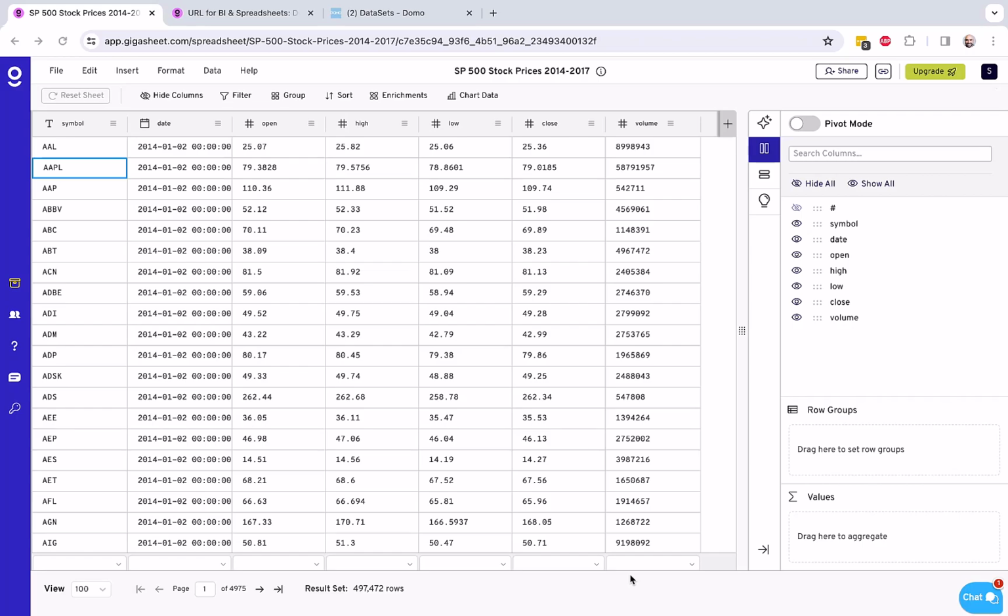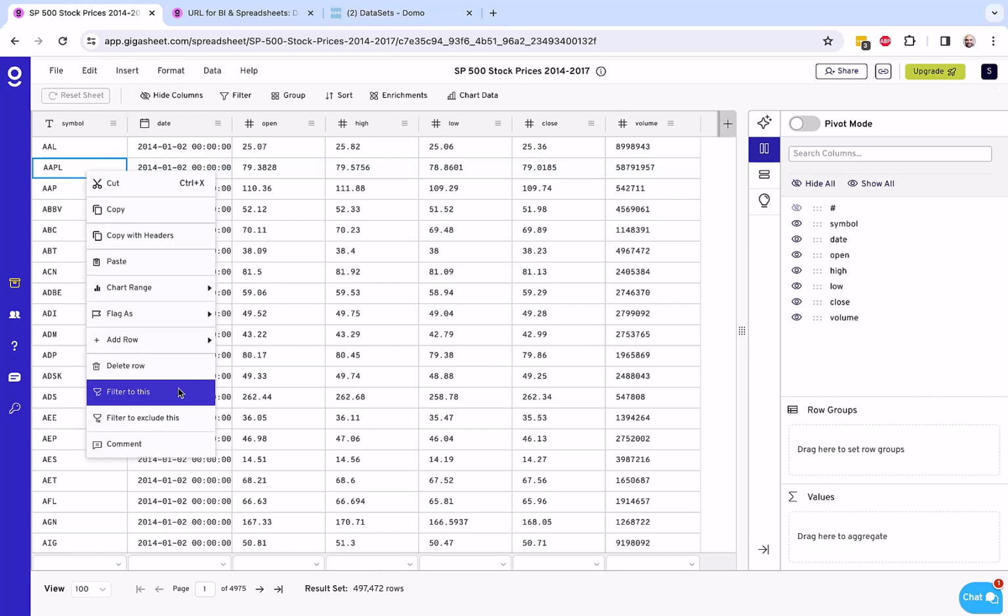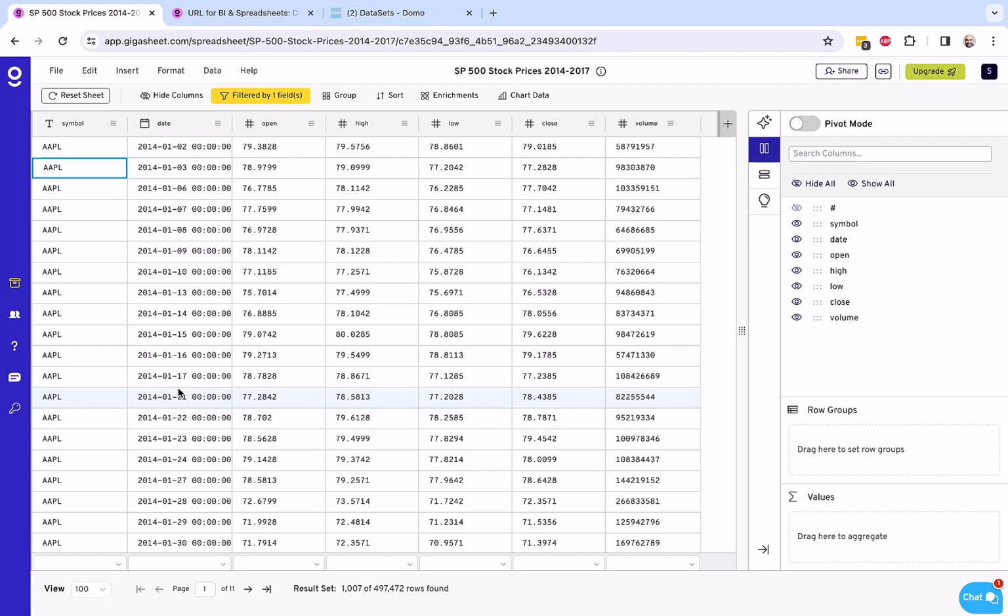In this tutorial, we will review the process of linking Gigasheet with Domo, a renowned business intelligence platform, to enhance data analysis capabilities. Starting with a Gigasheet dataset that encompasses daily closing prices for every stock listed on the S&P 500 from 2014 to 2017, totaling approximately 497,000 rows of data. I'm going to filter the dataset to focus solely on Apple, reducing the count to 1,007